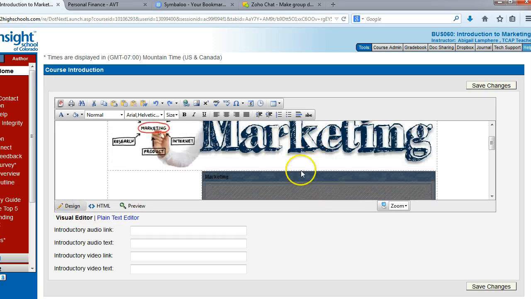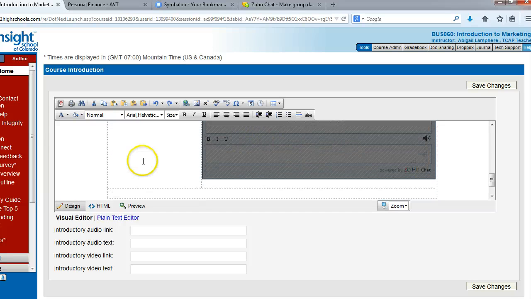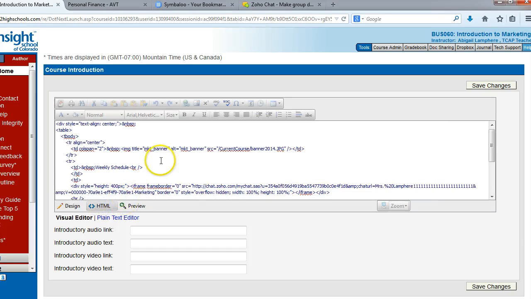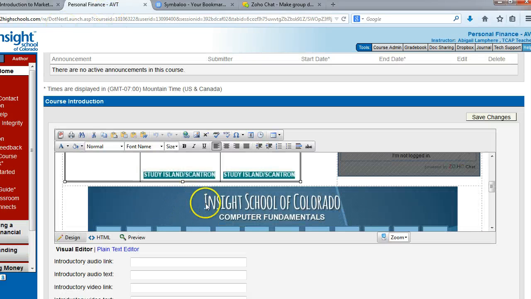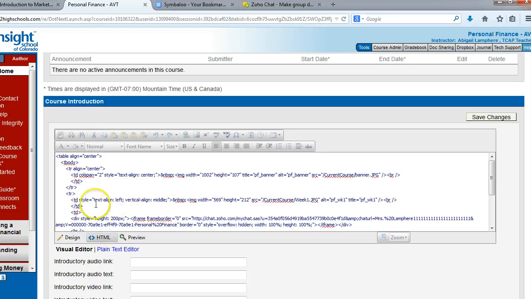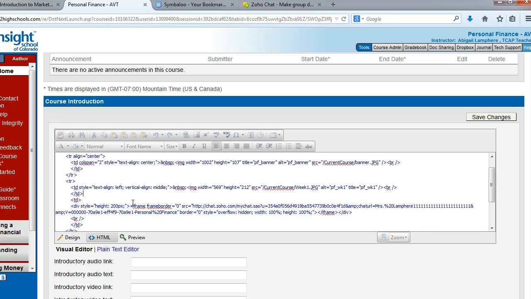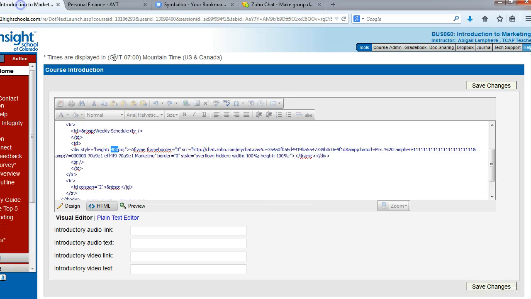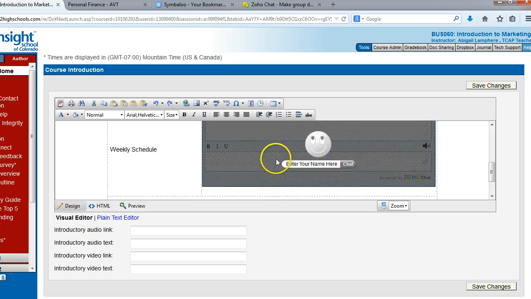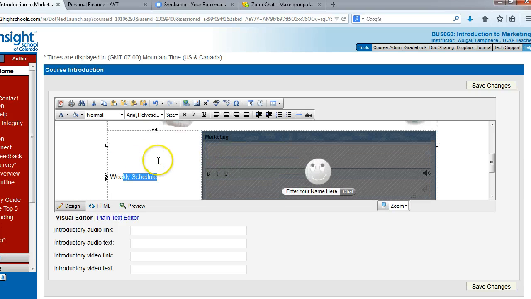And you'll notice that it's kind of big right now. You can go in and change, you can kind of play with the size. I think my personal finance one, I liked it a little smaller. I can go in and see what I did with that code. So here's my chat box. I made it 200 pixels in height, so I'll probably do that same thing here. And then it'll kind of adjust the width on its own once you get an